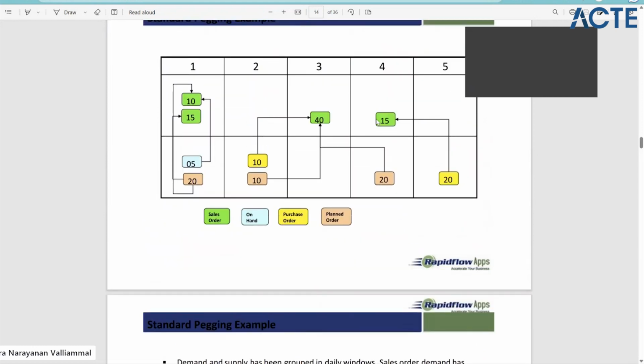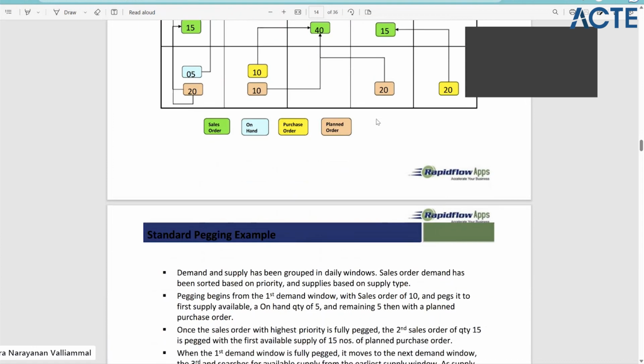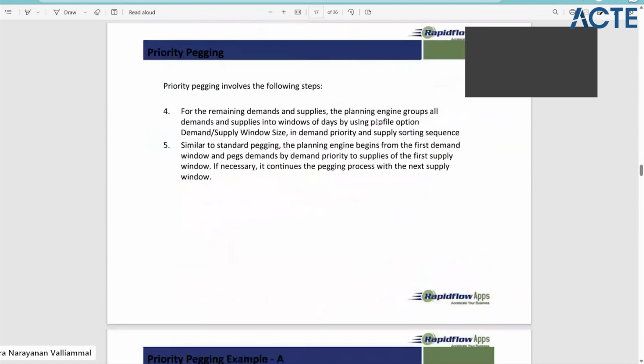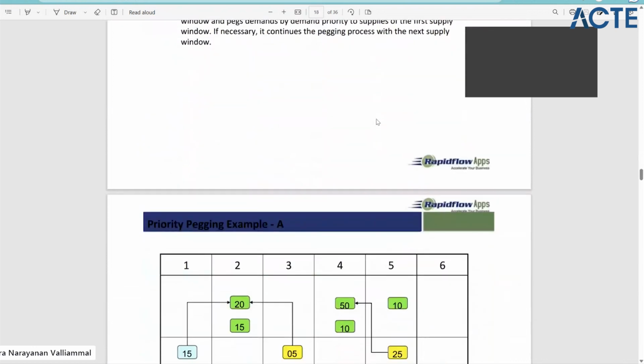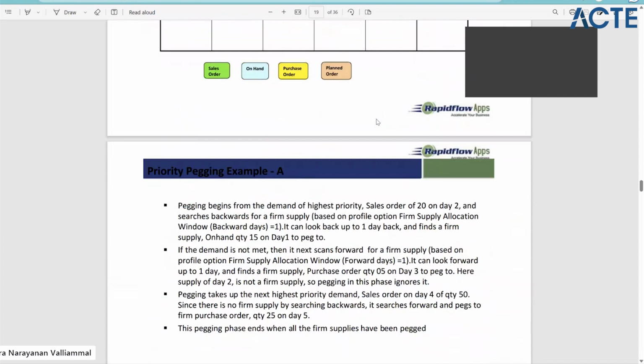So the remaining 5 will be going from here, and that will be going to this. So this is a planned purchase order. You will manufacture and then you will give. So this is a supply, directly you give. After that, this one is combined, it will go like this. You keep taking care of the things. So that's what it had been given. Now consider pegging begins from the demand quantity of higher priority, and then searches backward for firm supply, and